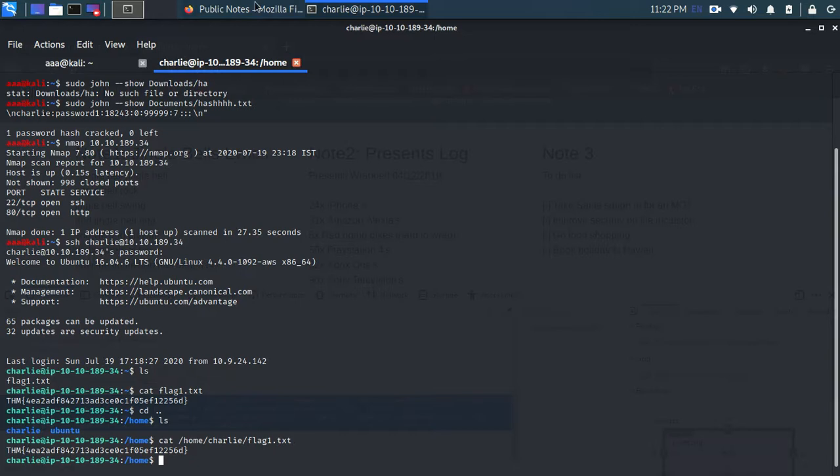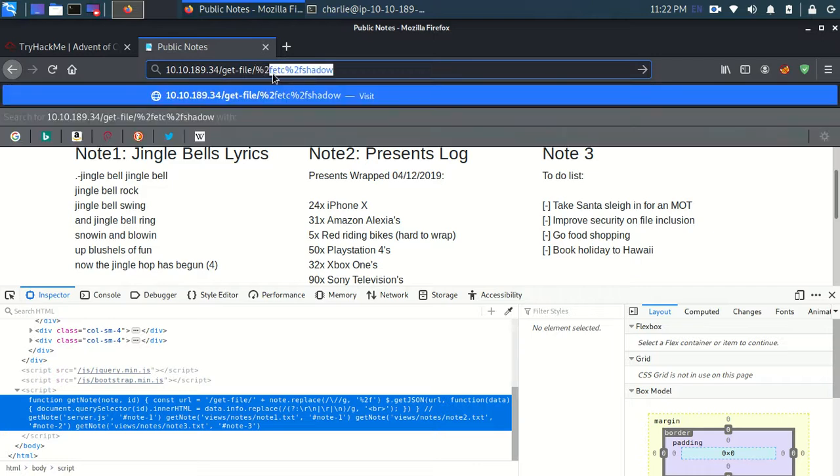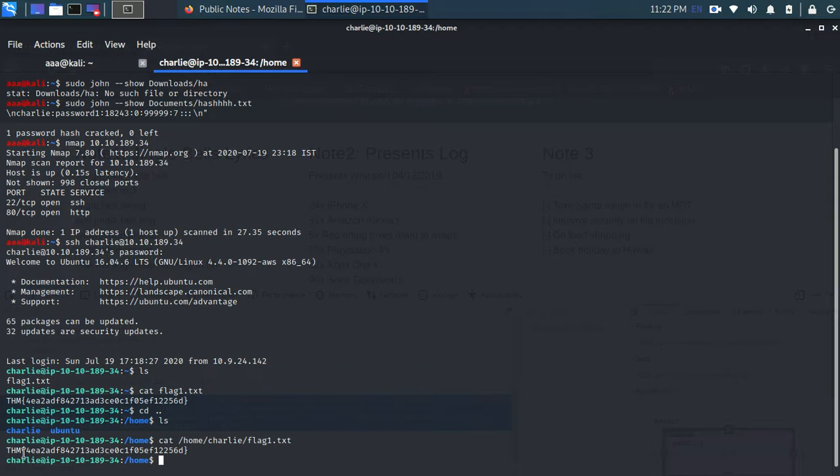So firstly you need to go to home. For the slash there is %2f, and then rather than etc we'll go to home, then again a slash like we did over here, then /Charlie.